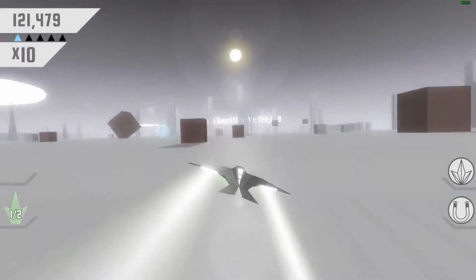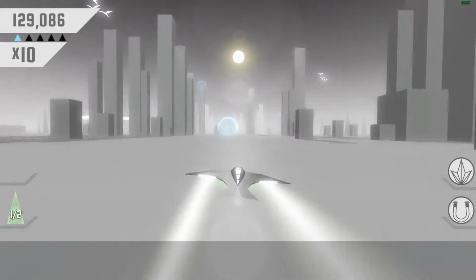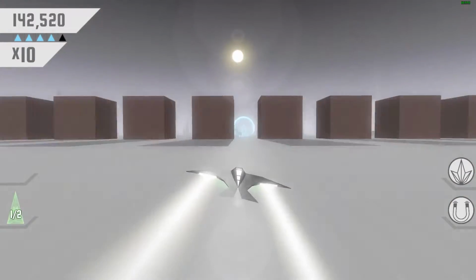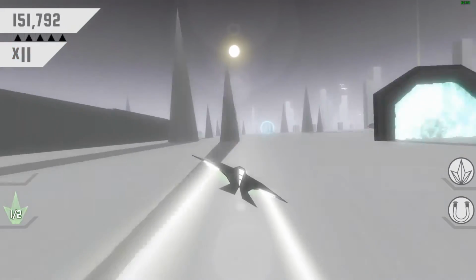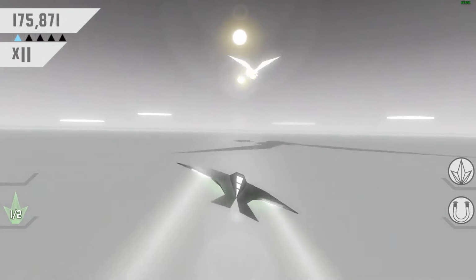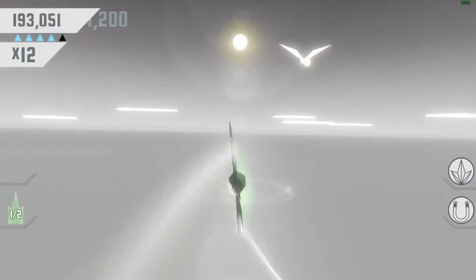Alright, here's our PB for the day. Getting past that real easily. And, of course, as we become more familiar with the route, that will become easier and easier. There's a portal. So that's something good to know about. I'm not sure I can recreate that route,